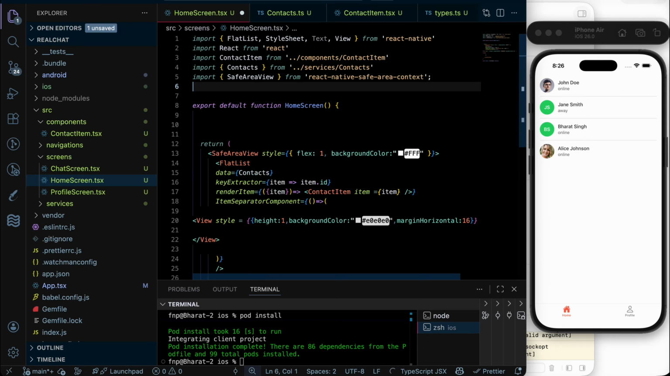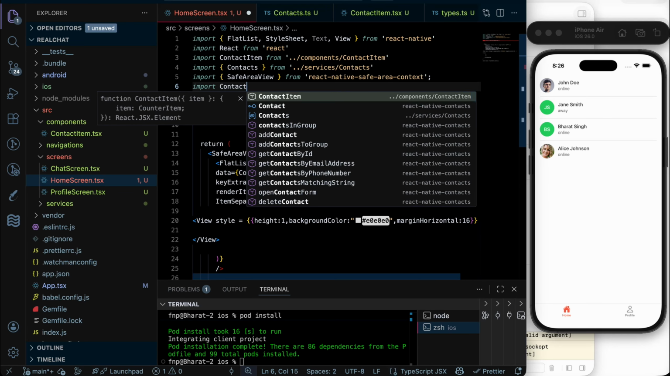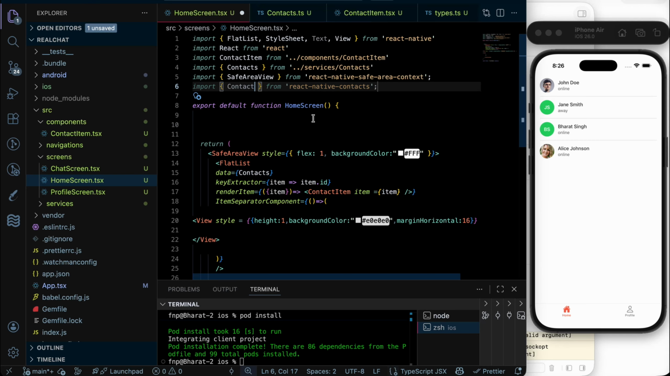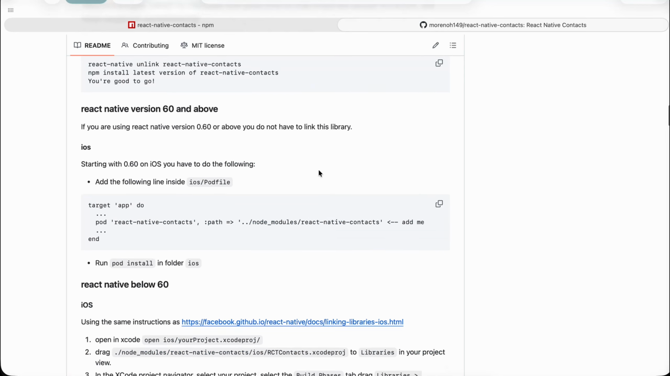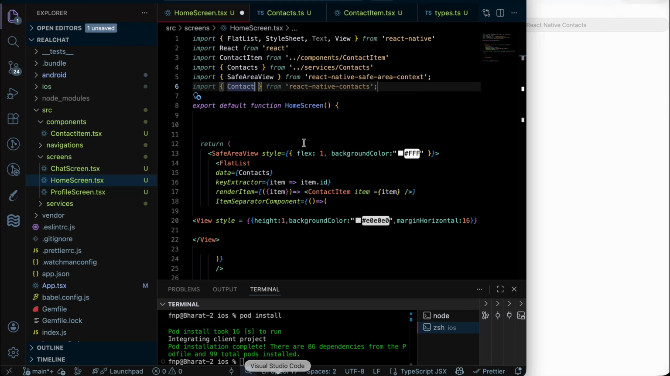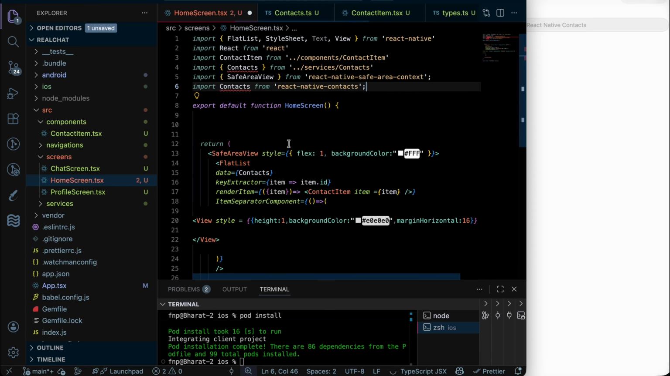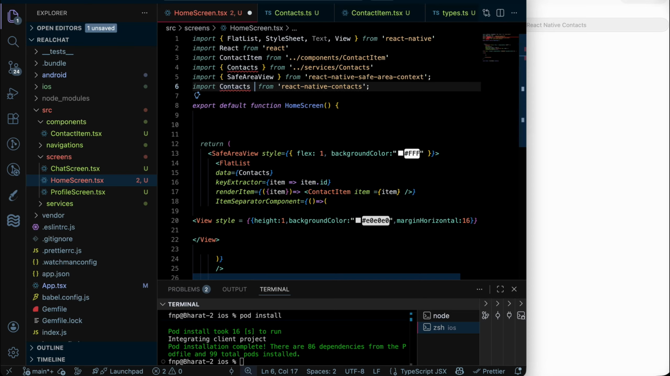Let's import Contacts from React Native Contacts. We can see the documentation as well. Here they have provided this, so this way we can copy. Okay, the name is the same, so we can do one thing: either we can change the name of this, or we can take it as